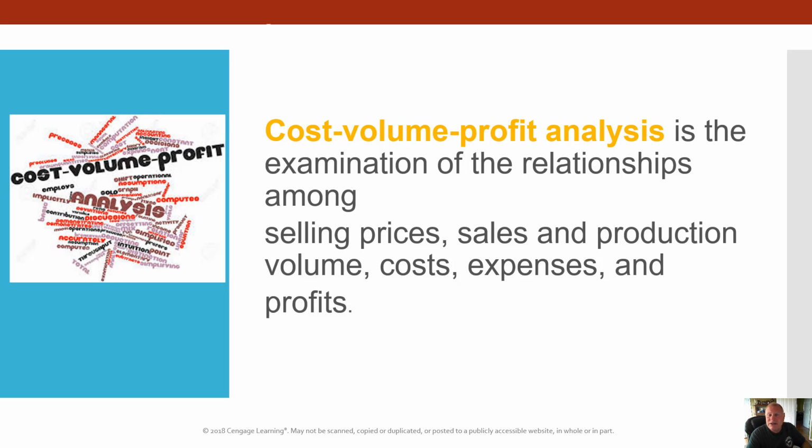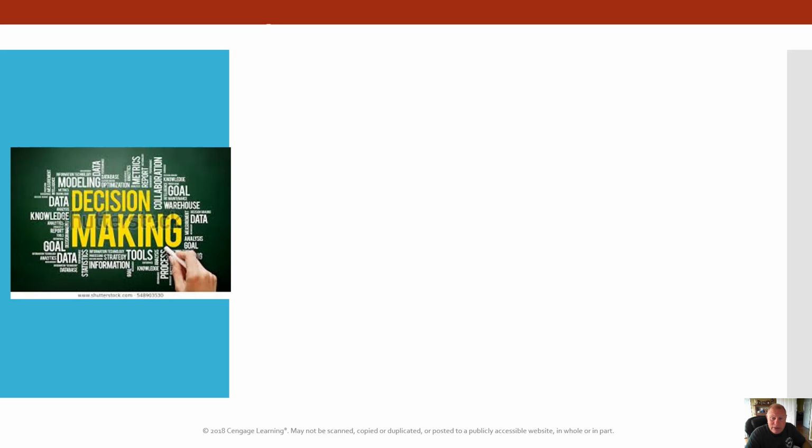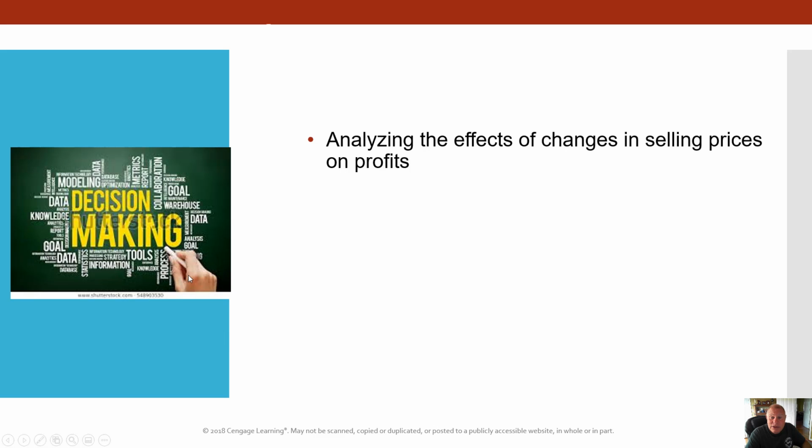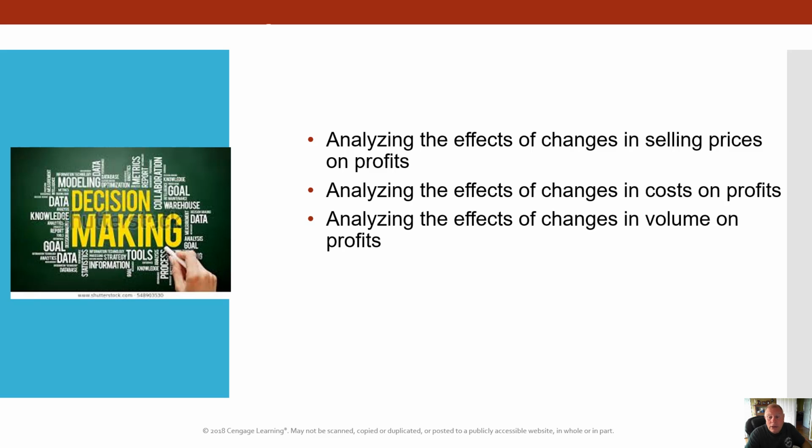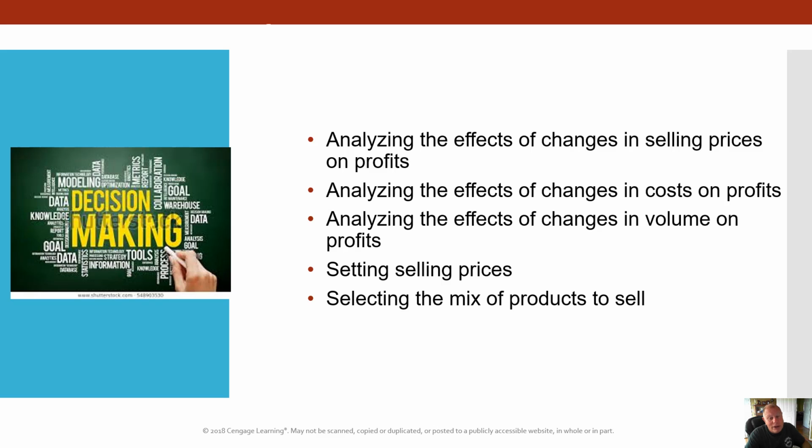It's a very dynamic thing, because business is dynamic. So we use it a lot in decision making within the firm, because firms are trying to make fact-based decisions. So we can look at the effects of changes in selling prices on profits, changes of costs on profits, changes in volume of production on profits, setting selling prices, selecting the mix of products to sell, and then choosing